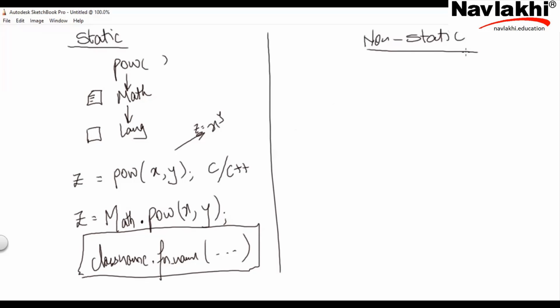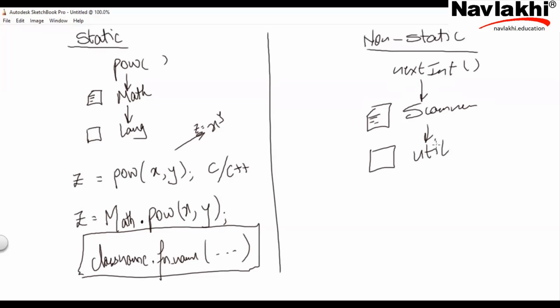Okay, then there are issues. So if I take a function like nextInt, first let's see the hierarchy of this function. I've given it, but I'm writing it again. nextInt falls under a class called Scanner, which falls under a package called util. Now this is non-static. You will not know whether it is static or non-static. That you have to learn, or as you see programs, you'll come to know. Whenever you invoke or use a non-static function, again, that will have a dot. But what is before the dot is a problem. It's not the class name.